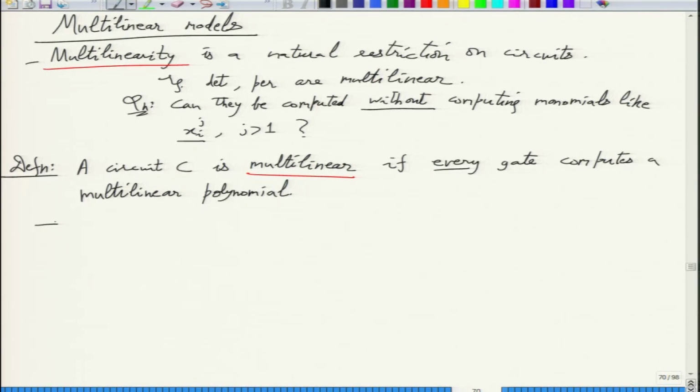Okay, so we'll gradually prove bigger and bigger results. So we'll start with the depth 3 model with this restriction, so multilinear depth 3, and then we'll look at more general models. From depth 3 we'll move to constant depth, from constant depth we'll move to formulas. So we'll first focus on multilinear depth 3 and exponential lower bounds.